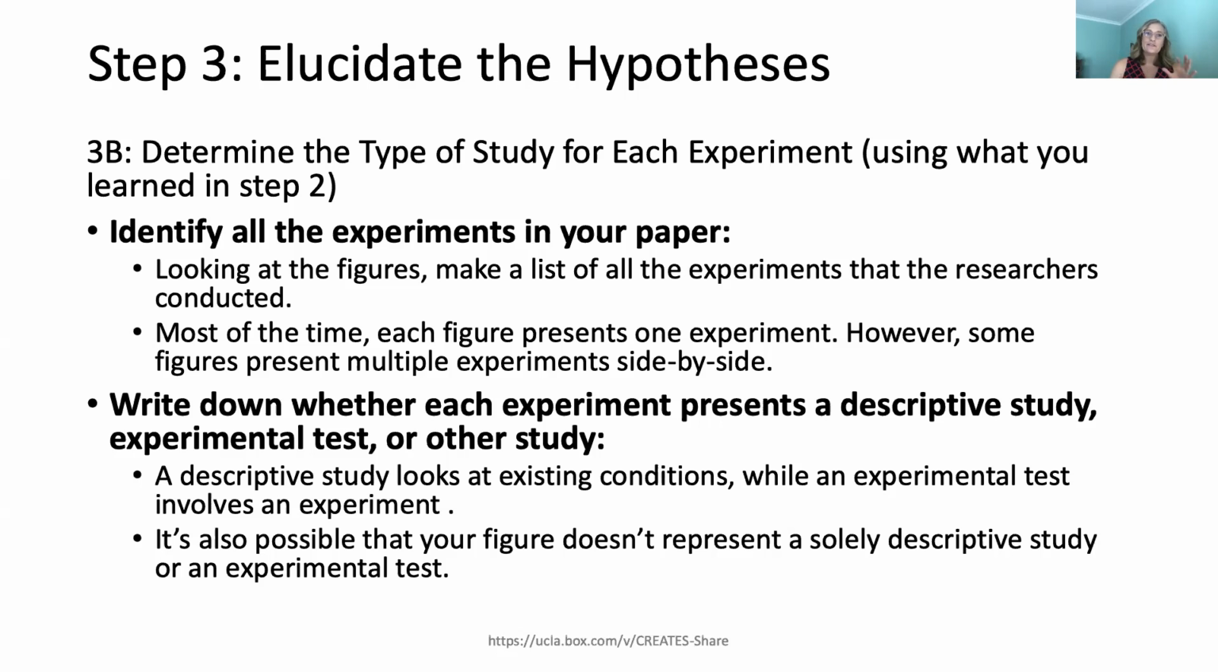So for simplicity's sake, we've broken it down into two general types of experiments. Once you've identified all of the experiments in the paper, we ask students to think about whether it is a descriptive study, an experimental test, or something that they can't quite figure out, that doesn't fit nicely into one of those two boxes. Things like descriptive studies look at existing conditions, and an experimental test involves actually conducting an experiment where